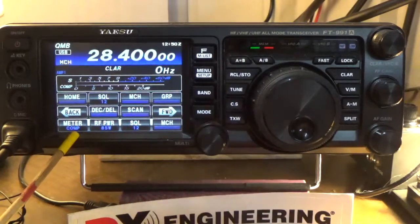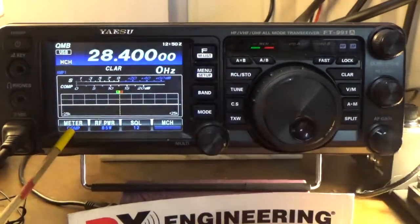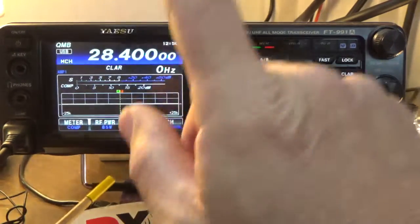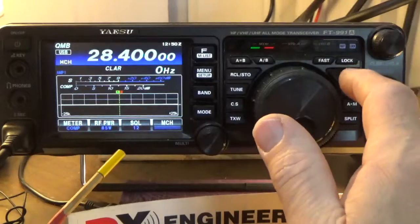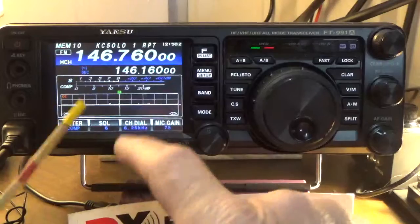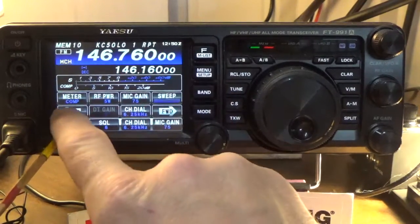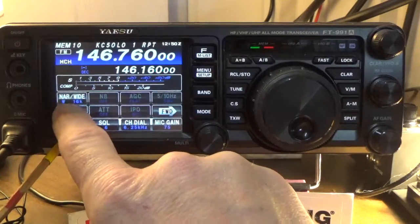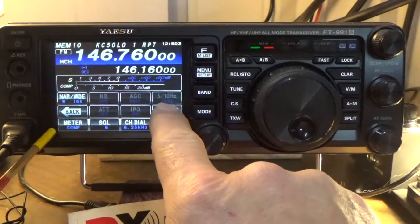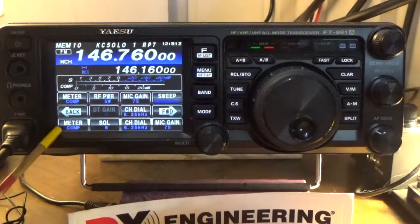So anytime I go to sideband, whether it be 6 meter, 20 meter, these 4 buttons are always going to be consistent in the sideband mode. Now let's go to FM. Now we're going to fix this again. We're going to press the FM list quickly, and we're going to go back over and find the swap. Now watch it again. When I touch this, this will start flashing. I'm going to go locate meter, and actually meter's already there, but just for demonstration purposes,